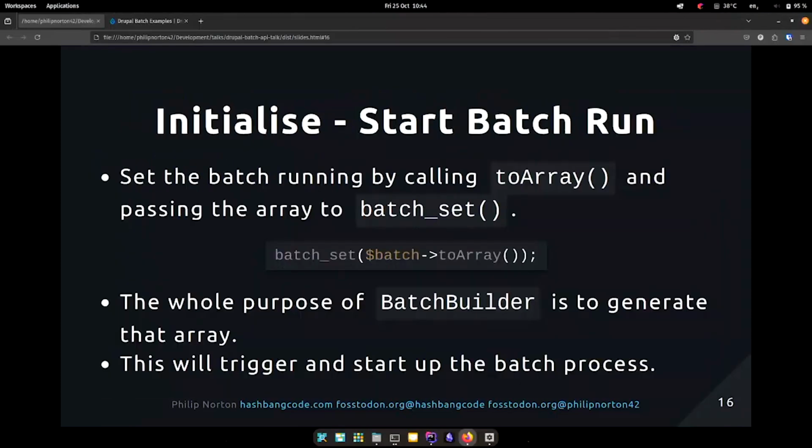And then we set the batch running using this toArray and this batch set function. So the whole purpose behind the batch builder is to generate an array, which we then send into the batch interface. You can just build the batch interface using raw arrays, but I found them to be a bit clunky. This batch builder is much easier to understand, much easier to debug and manipulate. But doing this will trigger the batch process and redirect the user to the interface